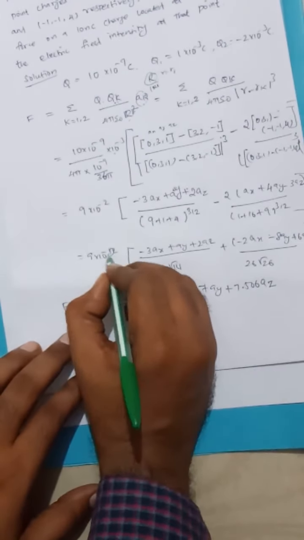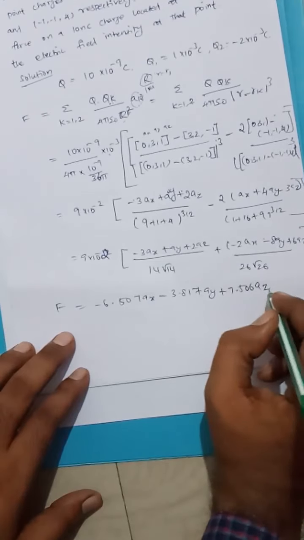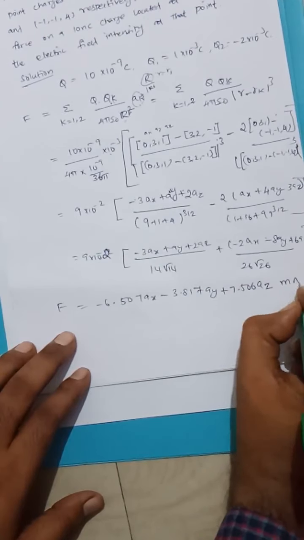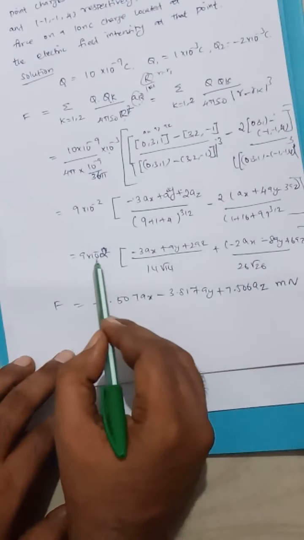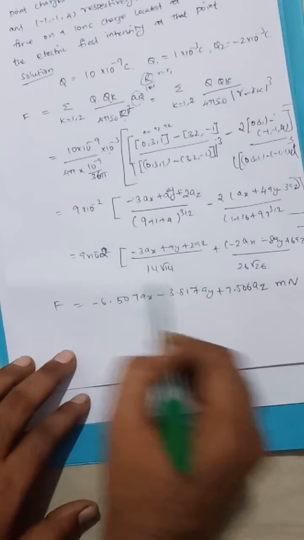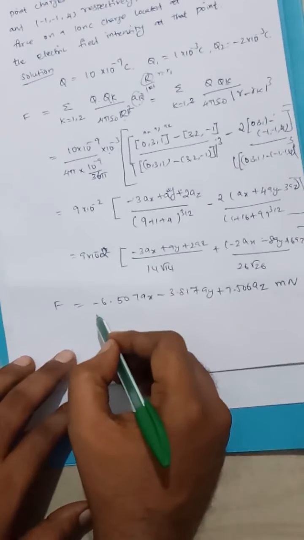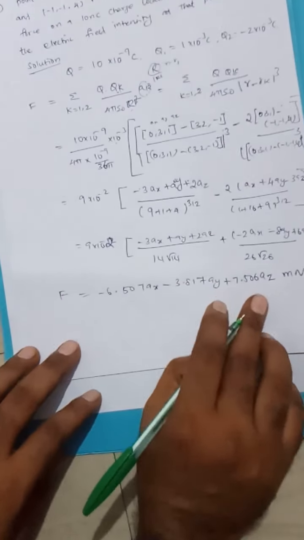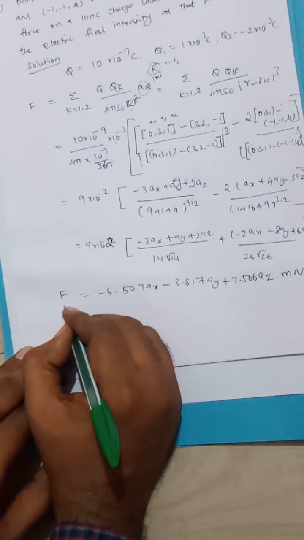Actually this is 10 power minus 2, not 12. So multiplying this with everything, I am getting this value in terms of milli. I am getting 10 power minus 3, so let me write millinewton. Don't forget whatever the value you are multiplying, see whether it is minus 2, minus 3, minus 4. According to that you can convert it to milli or micro or whatever you want, or else simply you can write the value in newtons, like 0.00650, or convert to milli or micro. So this is the electric force on a 10 nanocoulomb charge located at (0, 3, 1) due to the 1 millicoulomb and minus 2 millicoulomb charges.